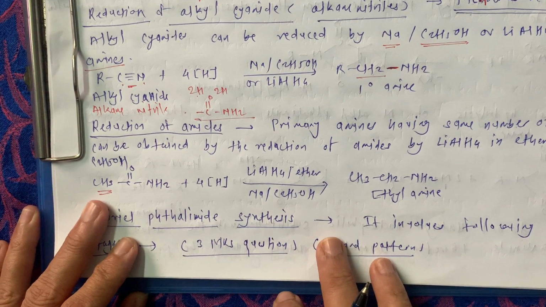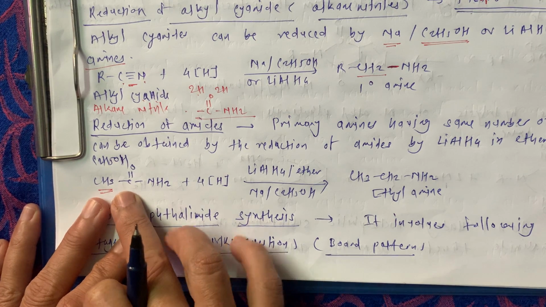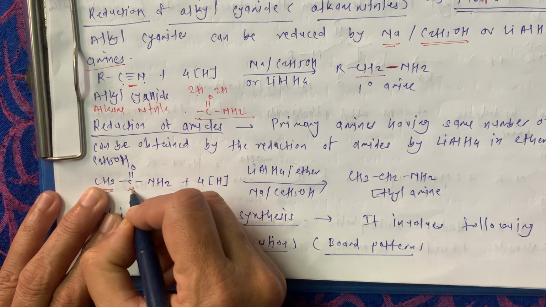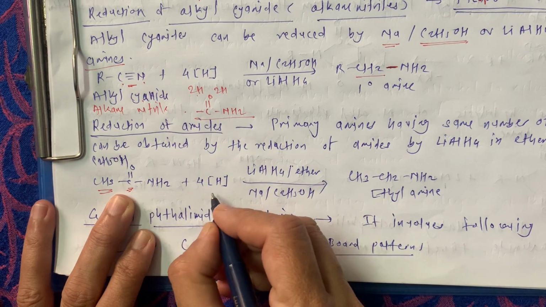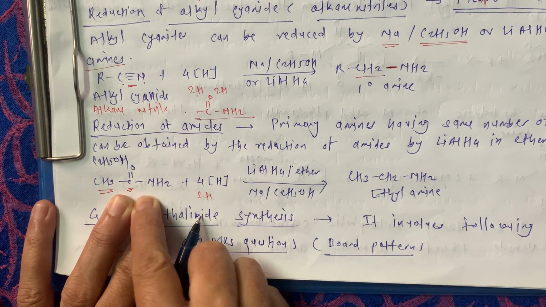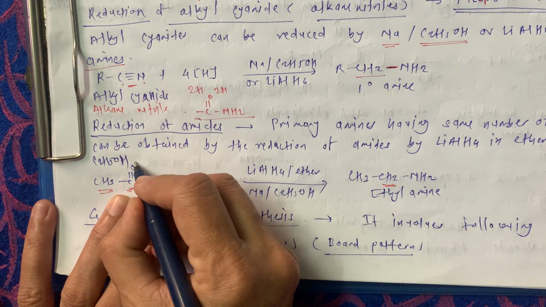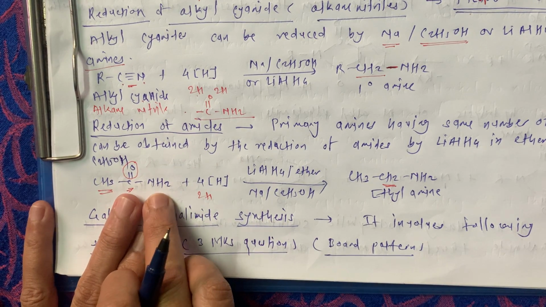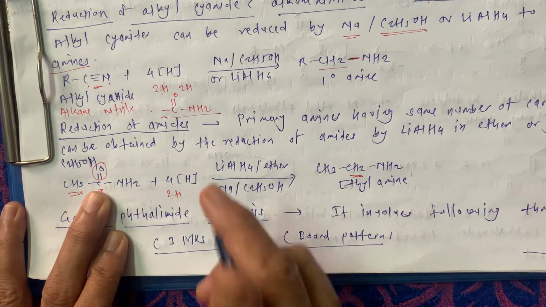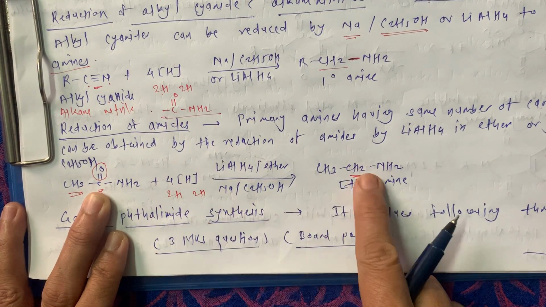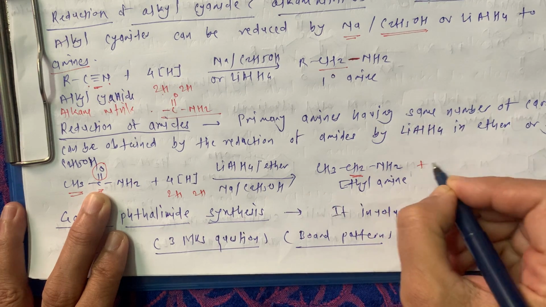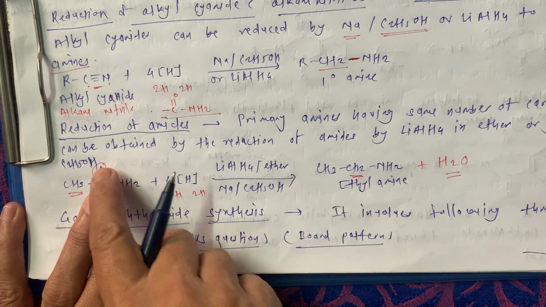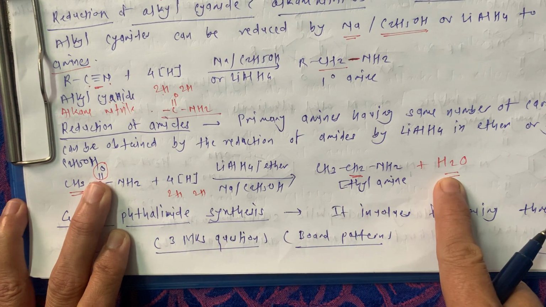Now when the reduction takes place like this, two hydrogens from these attach to this carbon. So there is formation of CH2 and this O is removed, with NH2 remaining here. Two of the nascent hydrogens attach here, and from the other two hydrogens there is formation of the byproduct, that is water molecule: one oxygen, two hydrogens, formation of H2O.